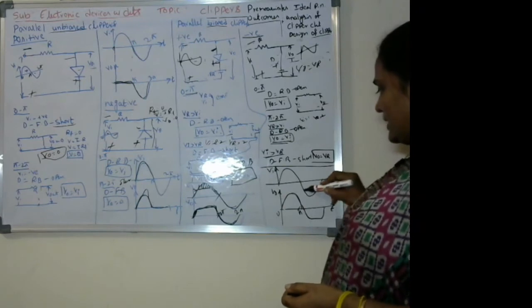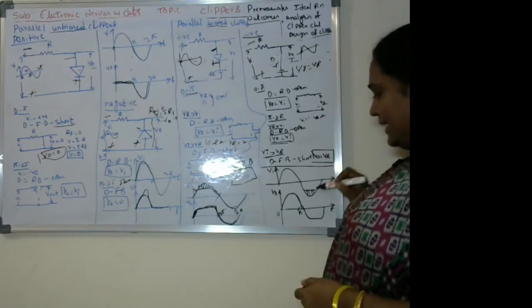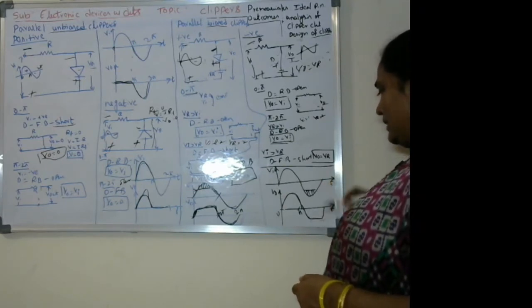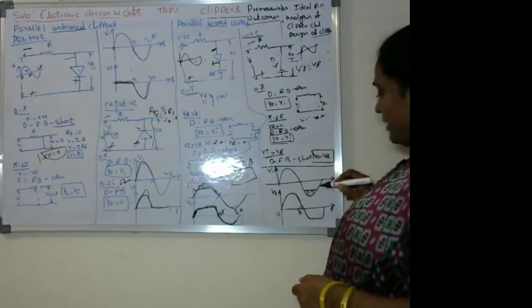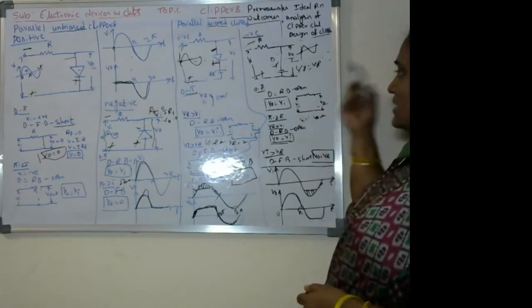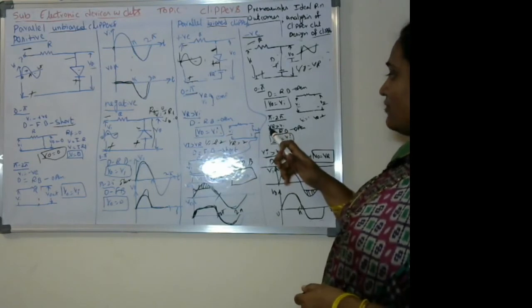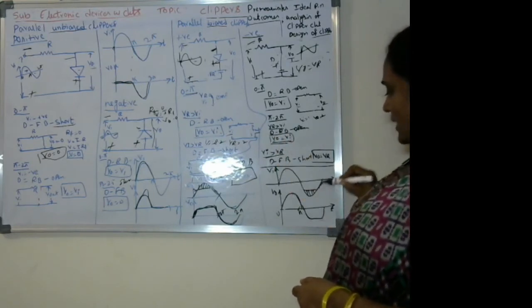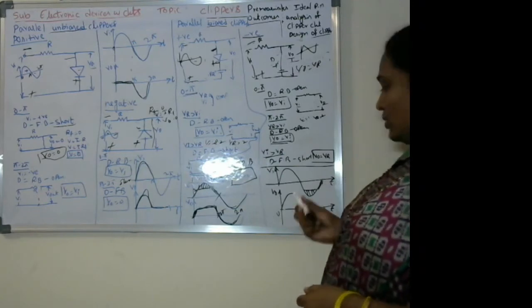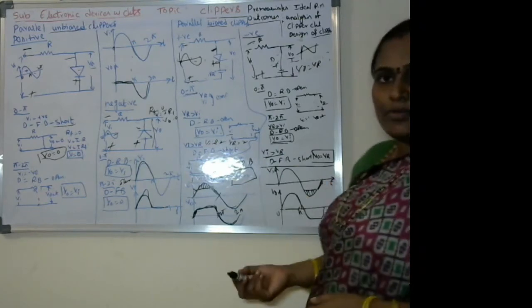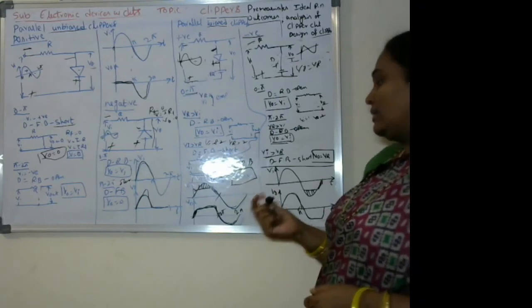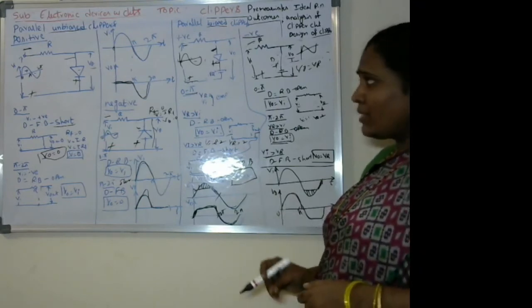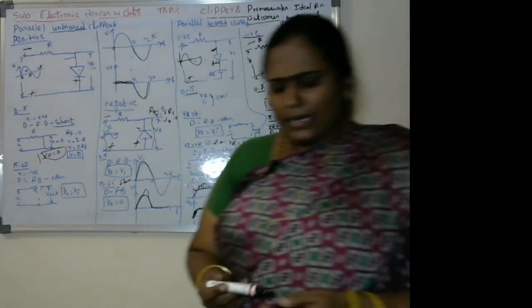So whatever the upper voltage is there, it has been clipped off. From this input, if you observe, the case rises once again where VR is greater than Vi. Then it has been opened. So once it has been opened, in this case it follows the input. So only this portion will be clipped off and the remaining portion is going to be available across the output. So in the unbiased clippers,